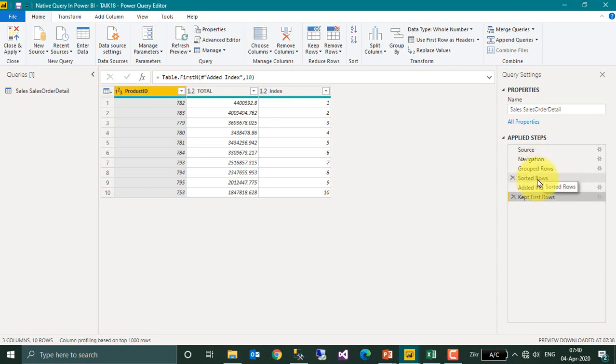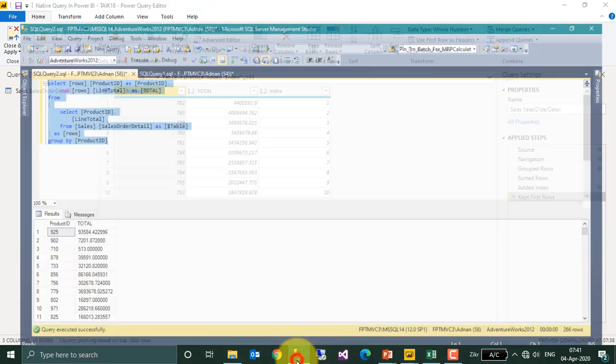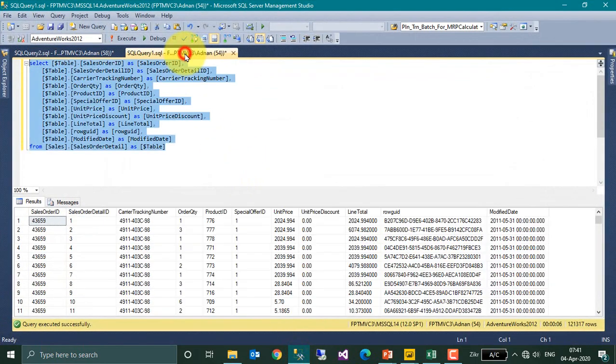As I already informed in the previous videos, the experts suggest that we do the data transformation as much as possible at the source itself. If we can't do that, then we have to do it in the Power Query Editor, that is data transformation. Or else, if we can't do it there, at the last step we have to use DAX calculation. So as you can see here, by using this native SQL query, we are able to reduce the performance timing as well as the file size.